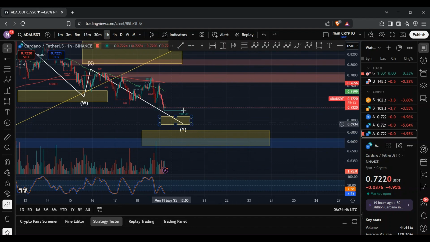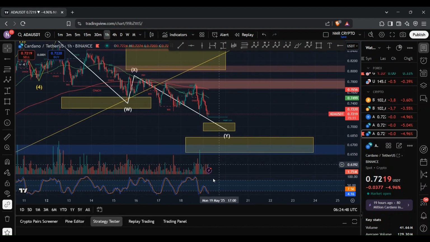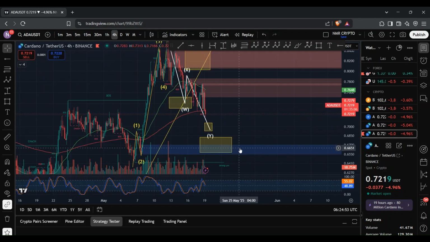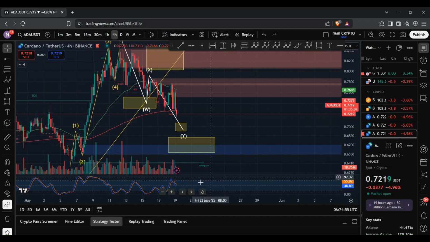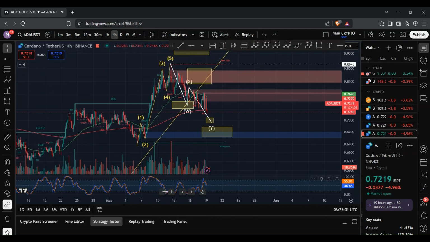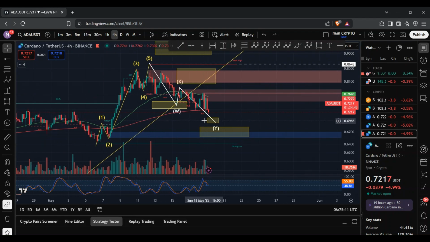But yeah, again, it looks like we are potentially going to go even deeper, despite us being oversold on the stochastic RSI. And if I go on the 4-hour chart, what you can see is we are neutral, and we are slowly starting to see that reversal. And the last time that happened was back over here, and we ended up seeing that reversal to the upside where the bulls regained control of the market. And so it will be interesting to see if the same thing happens, where we see that reversal to the upside and then another push to the downside,